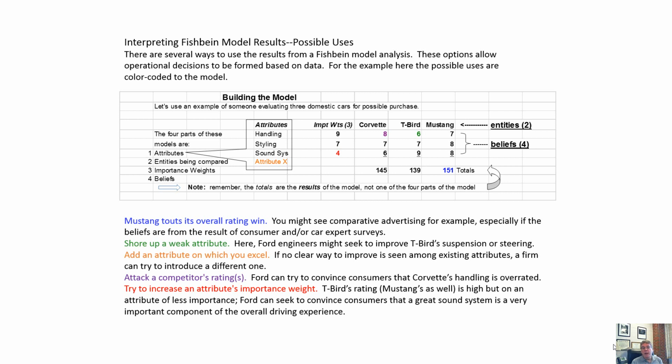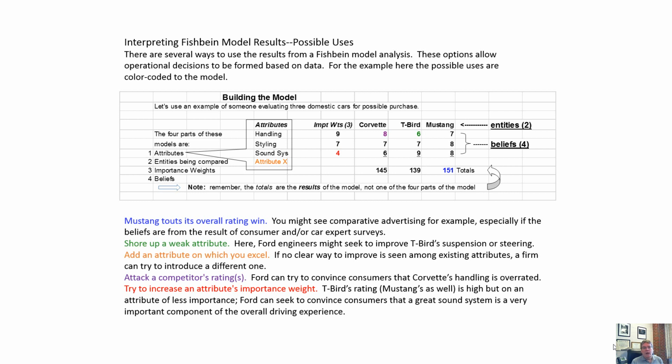Okay, here we have them color-coded to this particular model, and if you look down at the bottom with the notes, the 5 different colors show the 5 common uses for Fishbein model results, what you decide to do as a management team or as a marketer. First one, if you look at the blue on the totals line for Mustang, is that you can tout the